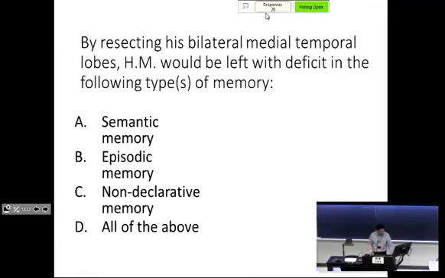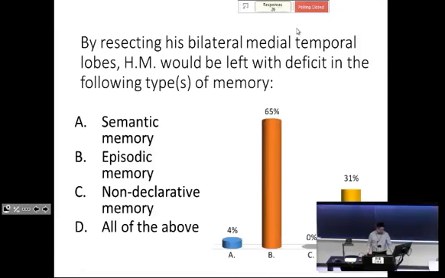All right. Episodic memory. Great. And some of you thought all of the above. So the main answer is episodic memory. You are going to have some disruption of some of these other elements as well. Semantic memory, if you recall, in contradistinction to episodic memory, is facts. So, for instance, that Eurasia is the largest continent, or that Canada has the largest coastline in the world, that sort of thing. Episodic memory is where there's relevant context, right?